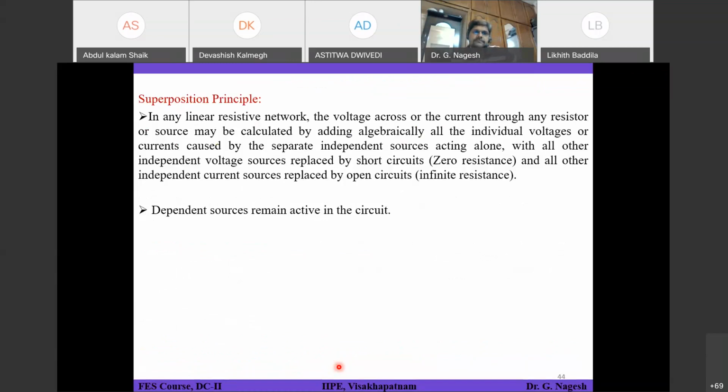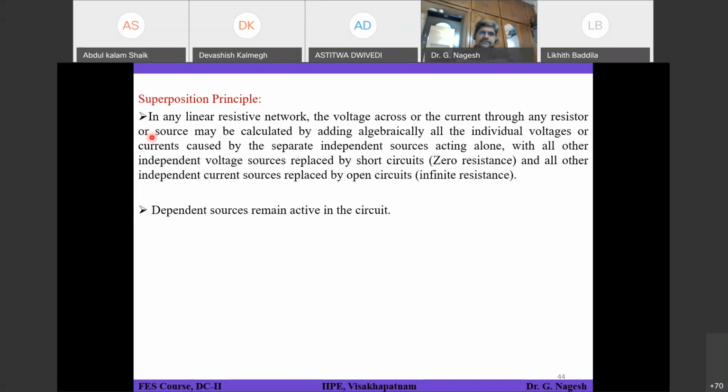Coming to theorem 1, this is called the superposition theorem or superposition principle. If you have a circuit, you can apply this theorem based on the situation. If you feel it could be solved easily using this principle, you better go for this analysis. If you use another method like nodal analysis or mesh analysis, you will get the same answer; nothing is going to vary. So if you feel it is easy to solve using this methodology, you can adopt this method. So what it states is